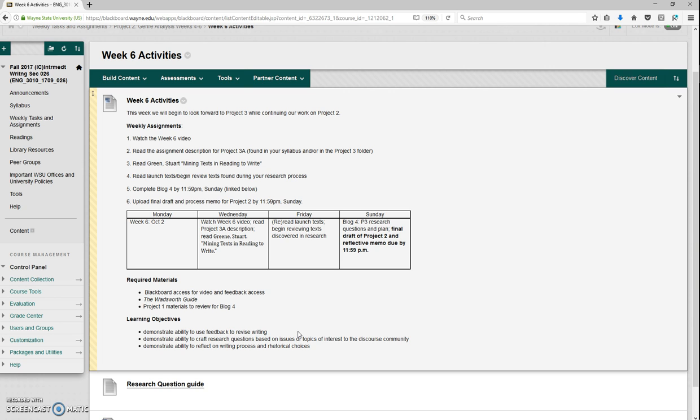And so if you remember, for our blog this week, the research questions and plan, for the most part, you've already done that. You developed those in class on Monday, and you can just translate those onto Blackboard now. But if you're still having trouble figuring out what you want to do, then work through the same steps that we did in class, right?